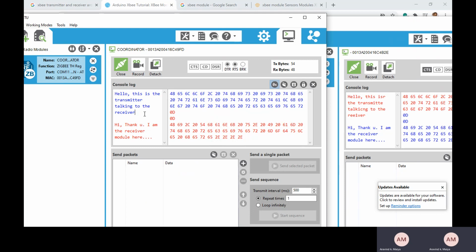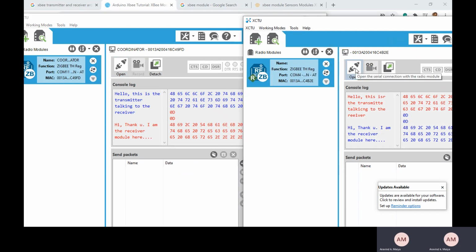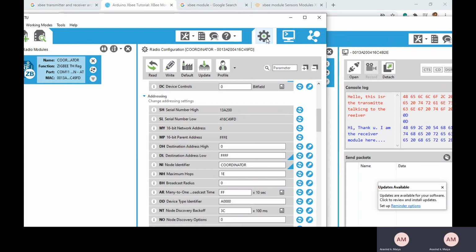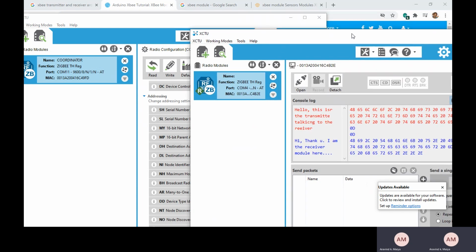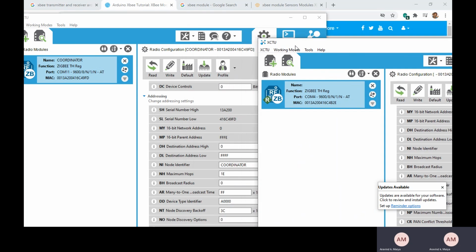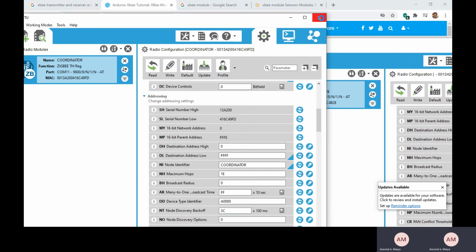So you can see that there is a communication established between the transmitter as well as the receiver module. Let me close the communication channel of the transmitter and the communication channel of the receiver. Let me switch back to the settings window, and here also switch back to the settings window, and we will close both the modules.